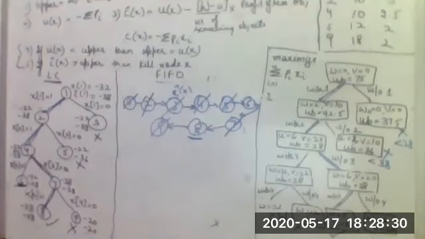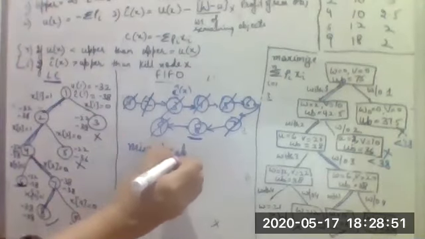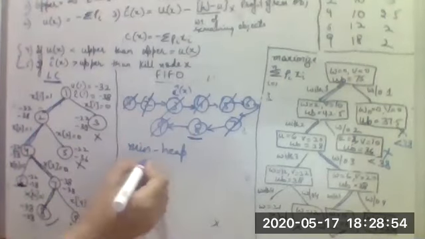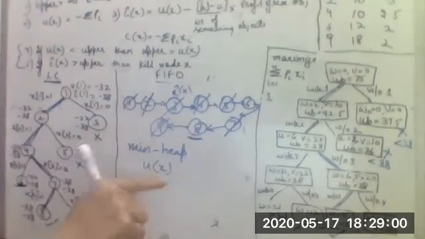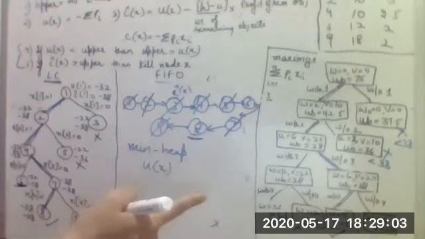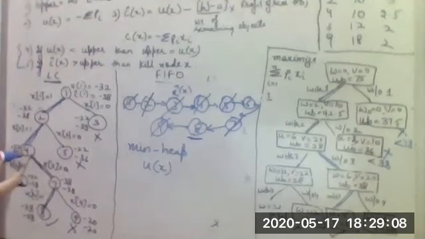Now every time, how do we select which particular node I am going to take as the next E node to make the branches? For that, this LC branch and bound method makes use of a min heap. That means the min heap only includes the U x values. And based on that U x value, whichever has the minimum U x value, it is going to take that. So if it has these two, minus 32 and minus 22, minus 32 comes at the top of the heap. It deletes that.